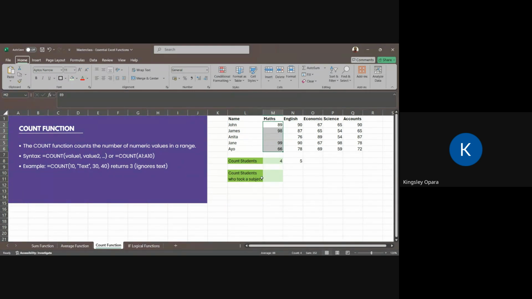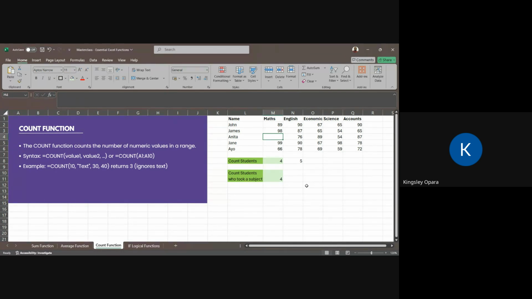At the same time, you can as well count the number of students who took a particular subject. Okay, we already did this, so let's count the number of students who took maths. When we count like this, you see we have 4 students who took maths because one person's score is out.